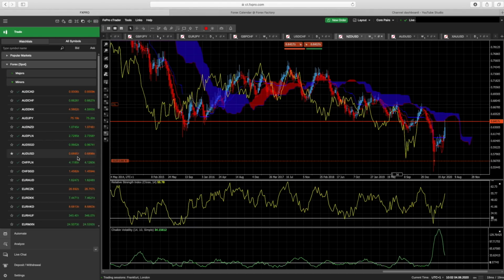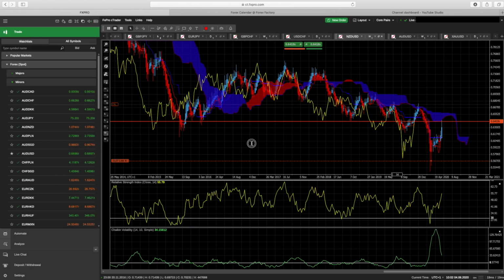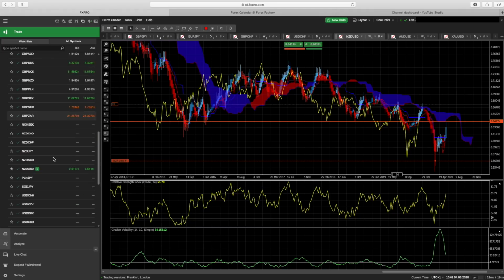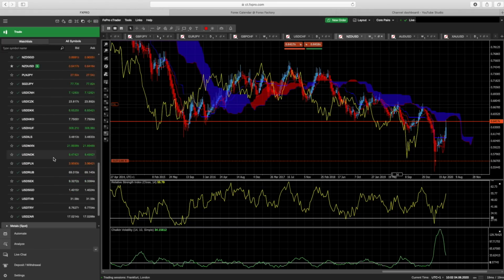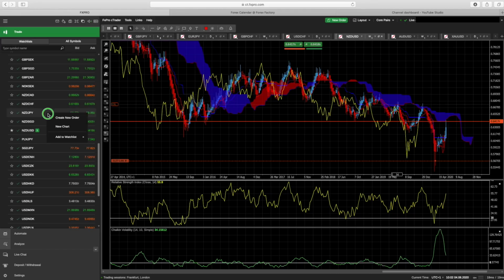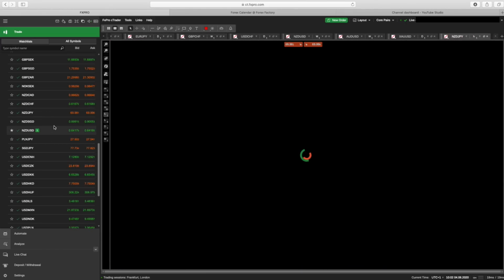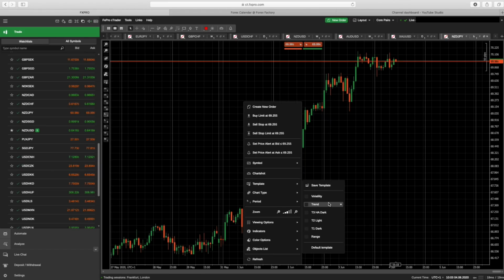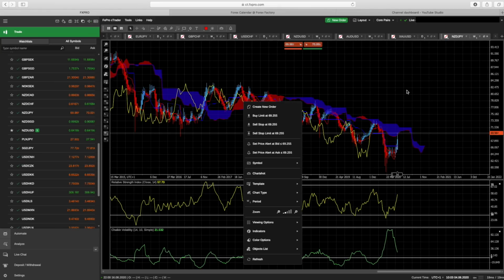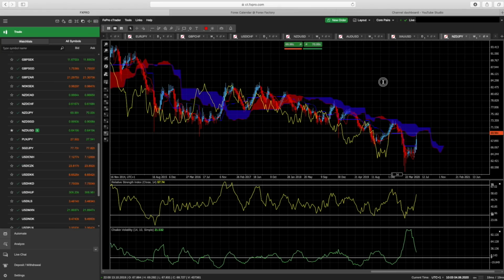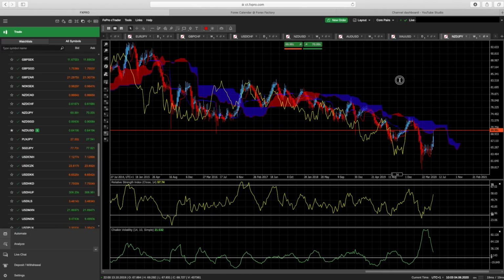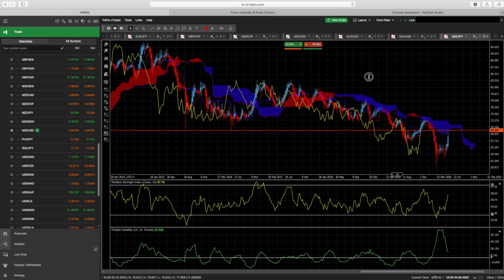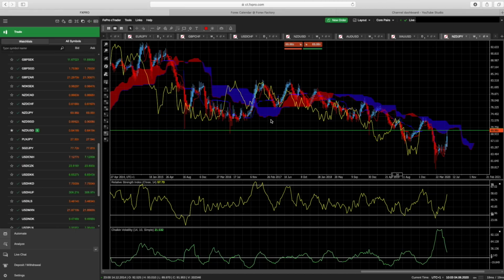So now on the Kiwi Yen, let me leave this here because we're looking at that at the moment. On the Kiwi Yen, let's find the Kiwi. So on the Kiwi Yen, new chart, and let's drop in our new template that we've created, T3HA dark. Perfect, and it just pulls up. That's something I really like about this trading platform. I find it easier. Anyway, on the Kiwi Yen,